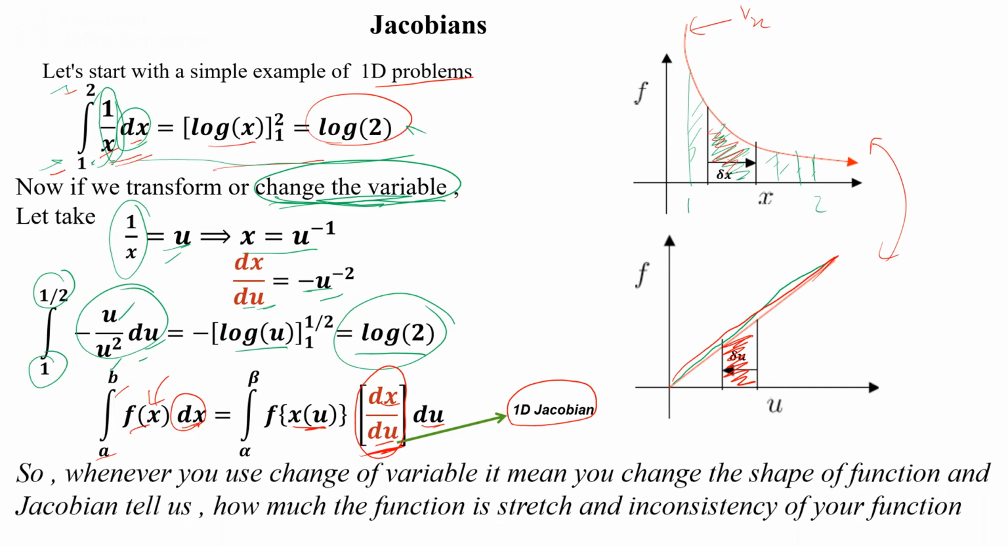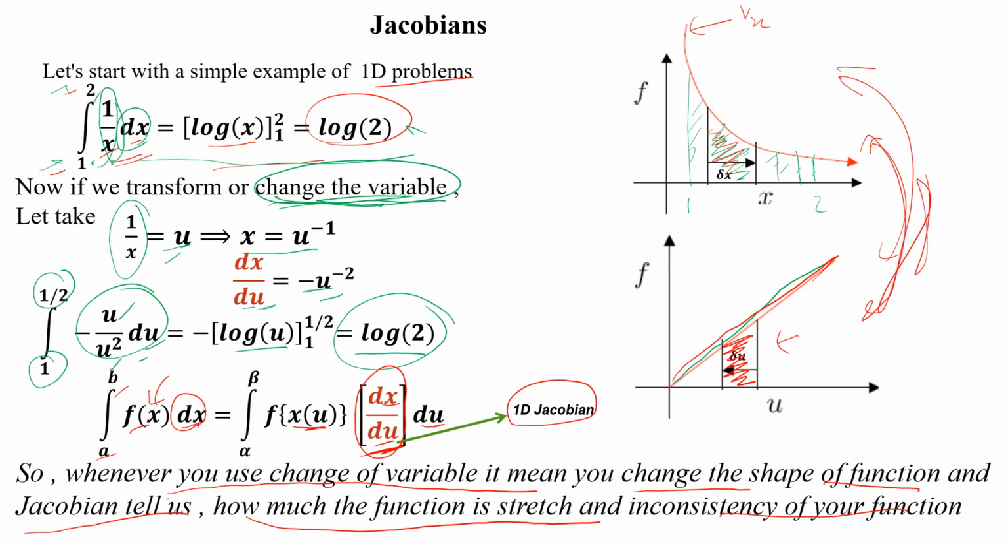Here you have to notice that whenever you change the variable, it means you change the shape of the function, and the Jacobian tells us how much the function is stretched. And when you are changing the shape of the function, it means